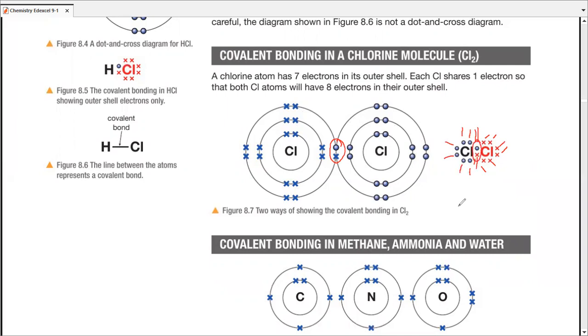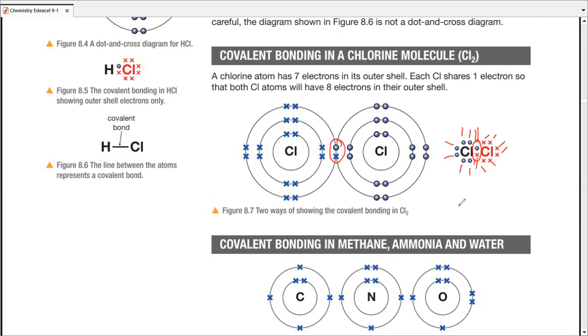Remember, these two electrons are known as common or shared pair. These electrons are actually common for both the octets. And that's how octet or 8 electrons are completely there and stable inside the structure of each chlorine atom. Okay?